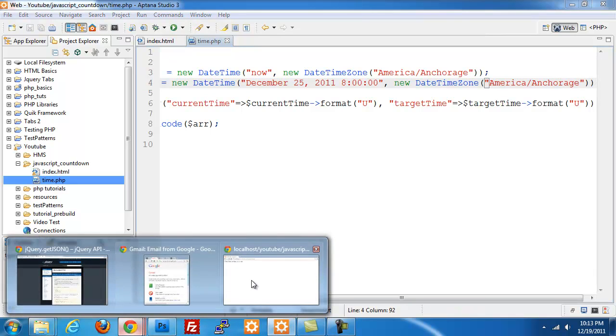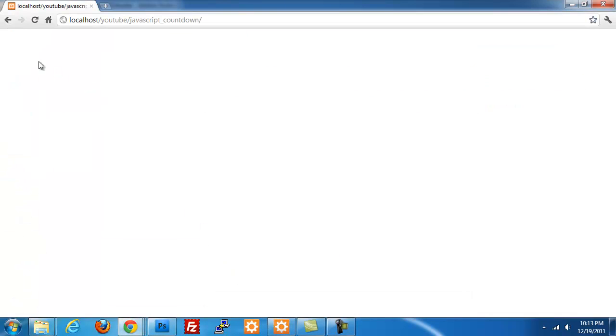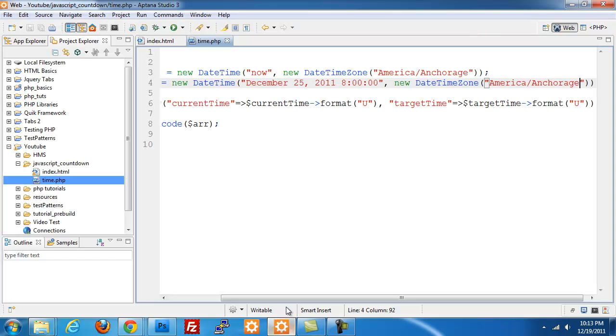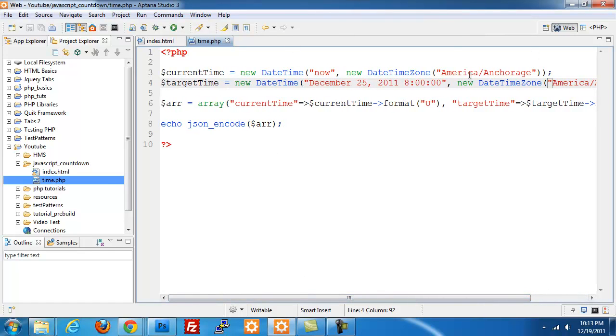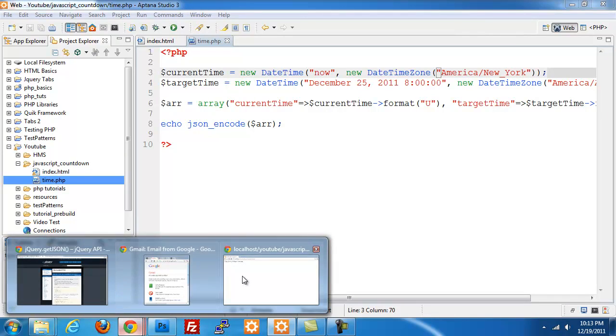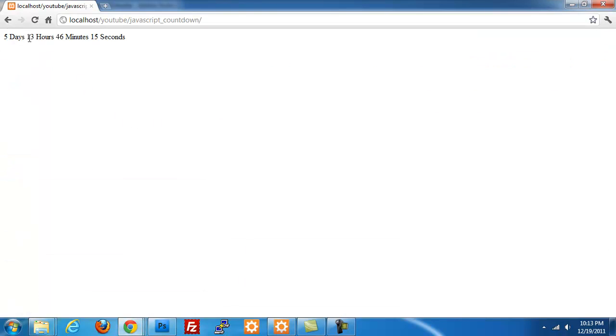So now this should not show any difference, as I don't believe it did. The one thing that I am going to change: we have our target time set to Anchorage time, and our current time is going to be in New York time. What we should see happen in our script is the number of hours or the number of days should change. So if I hit refresh,